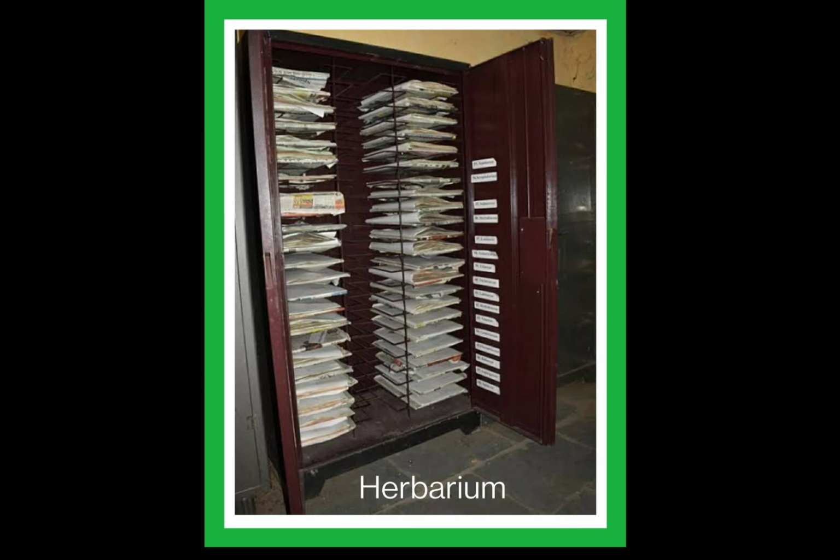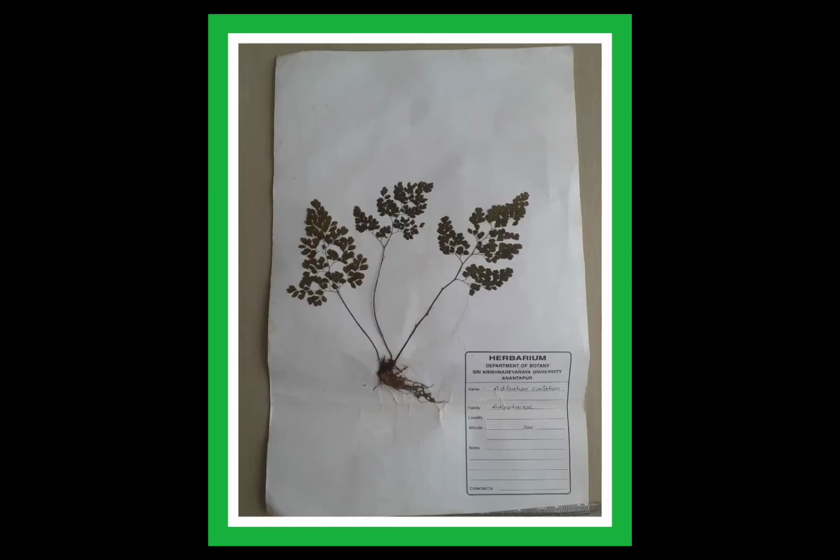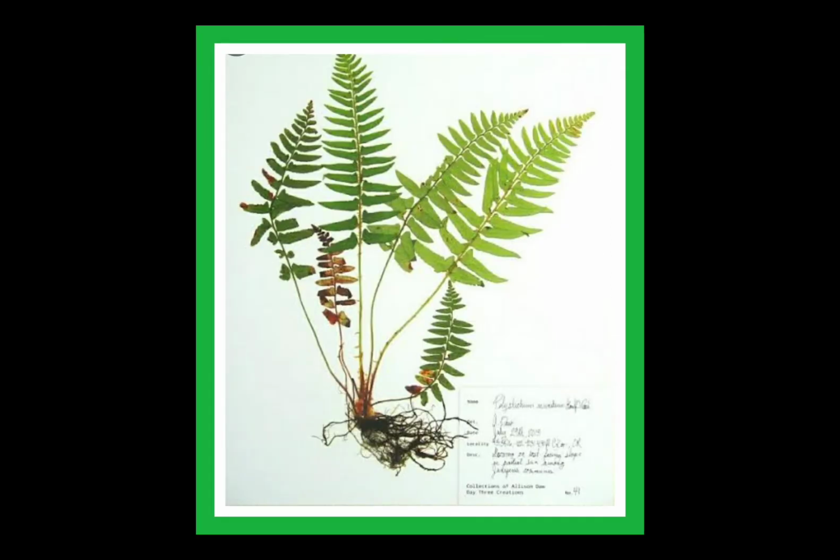In herbarium, all the herbarium sheets are arranged according to a universally accepted system of classification called the Bentham and Hooker system of classification. This is a herbarium sheet. The standard dimensions are 29 centimeters by 41 centimeters, and the actual specimen is dried and stuck on the herbarium sheet. Preferably root, stem, leaf, flower, seed, every part should be there.